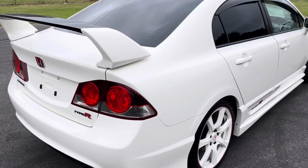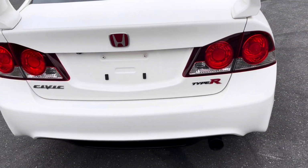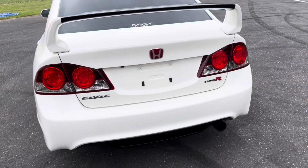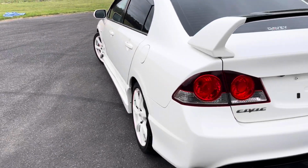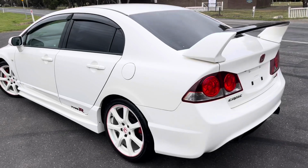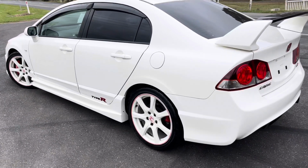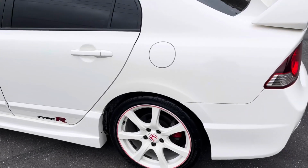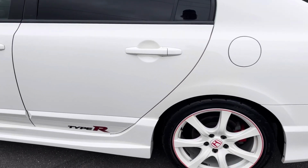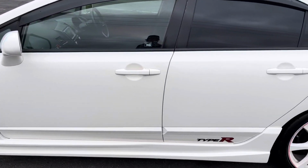Factory spoiler, still in very good condition. These Type R FD2s were never sold officially in Australia, so they have been quite a good choice, especially for a Honda enthusiast. Got the original Type R alloys, Brembo brakes,